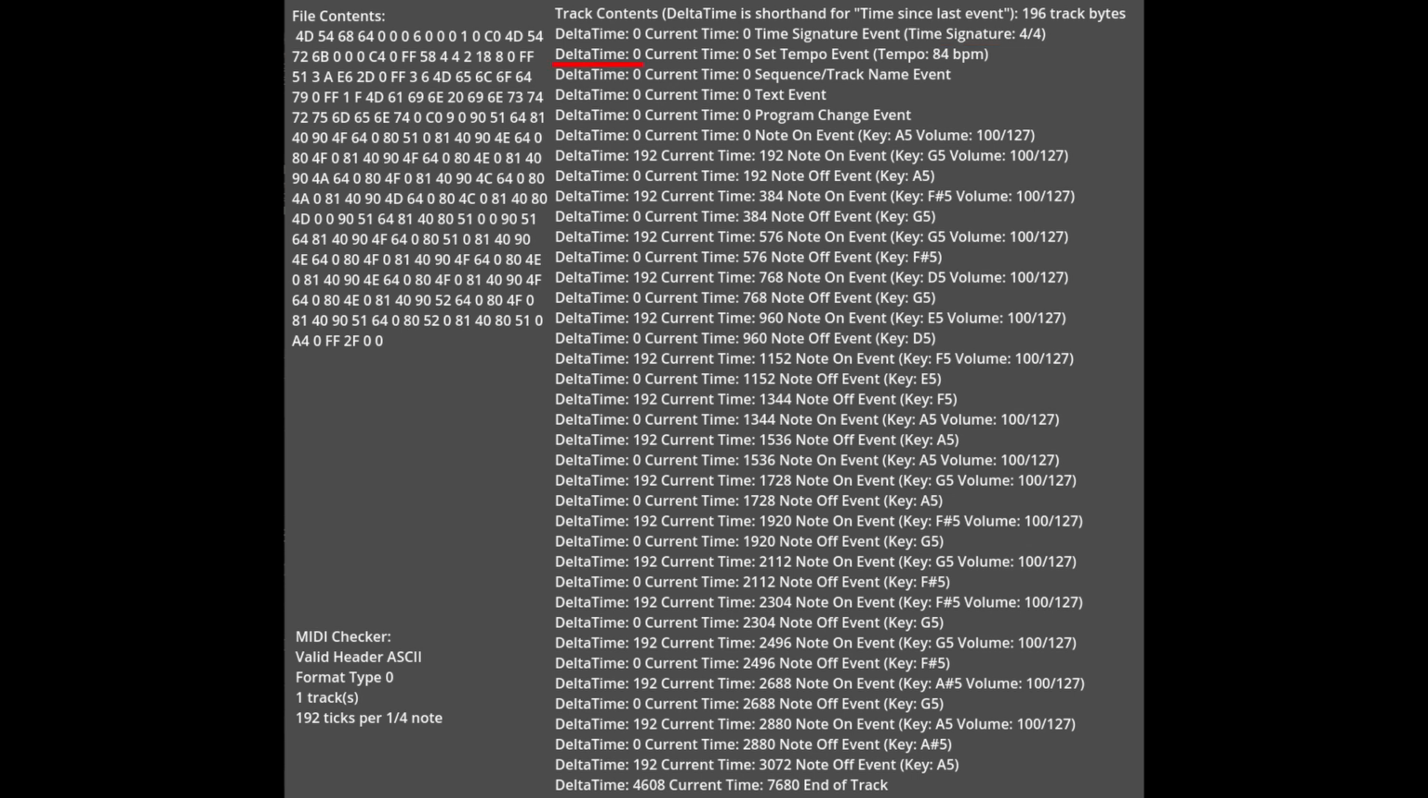Next, we again have a delta time of 0 followed by hex FF. This next byte, hex 51, shows that this is a meta tempo event. Tempo events are one of the few multi-byte values that is not stored as variable length quantity, and instead has a fixed length of 3 bytes. The 3 bytes in this example are hex 0A, E6, and 2D. This results in a value of